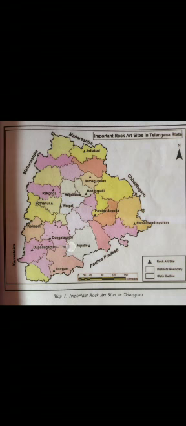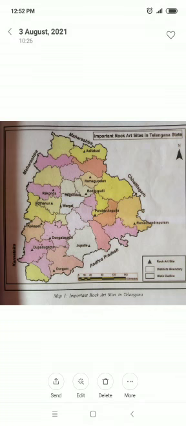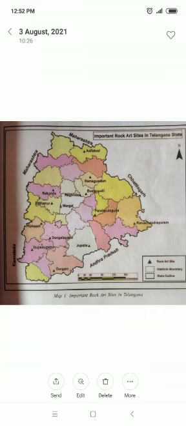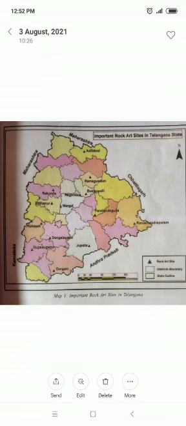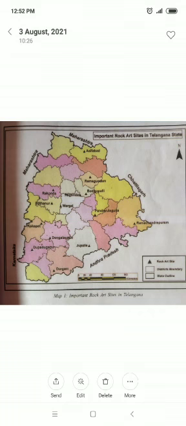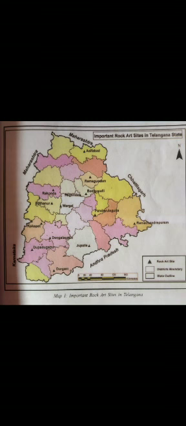Repeat again, students. Symbols used in maps. Usually we use symbols to represent the physical objects on a map. Some of the symbols are listed in the table shown on the screen. Hence, in order to represent all the physical objects on a map, a point, line, or an area symbol is used.